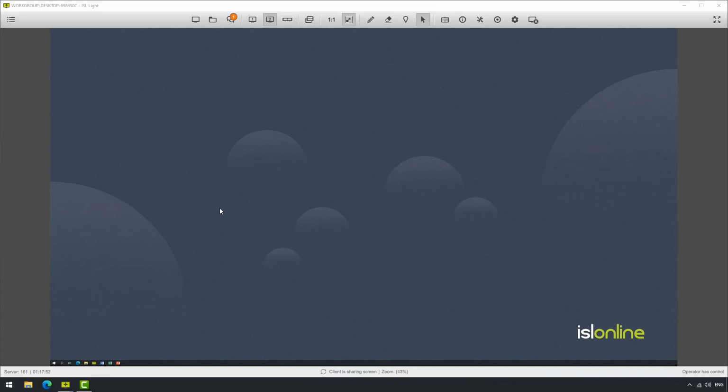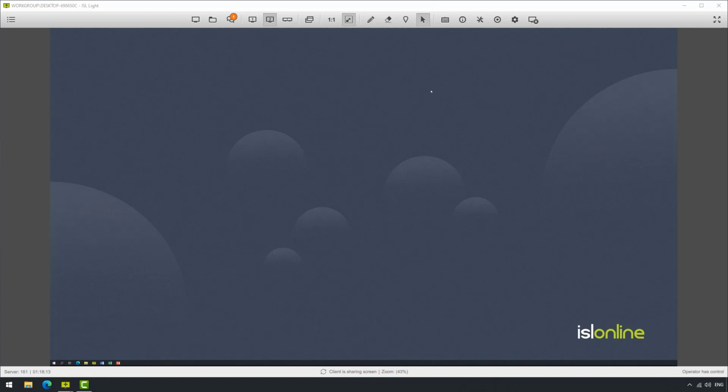In this video, we will be optimizing the resolution of a remote computer to match our own. Okay, so we are now connected to a computer with a higher resolution than the one we are currently on. As you can see, everything is smaller compared to the resolution on the local computer, such as the taskbar and the icons.